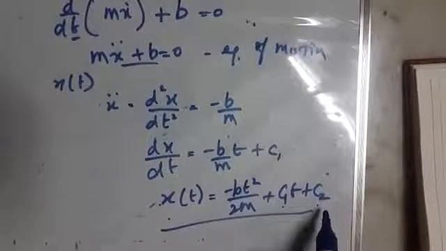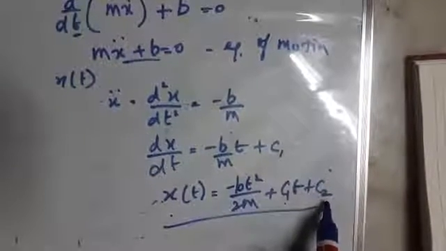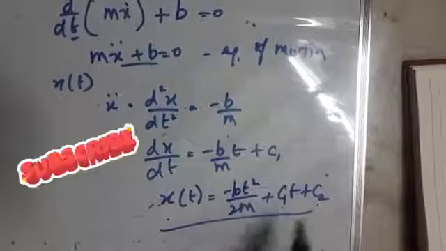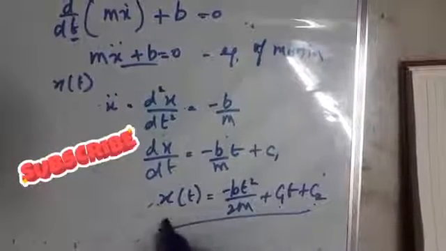If we know c1 and c2, we can find them from the initial condition. If given, we can find x of